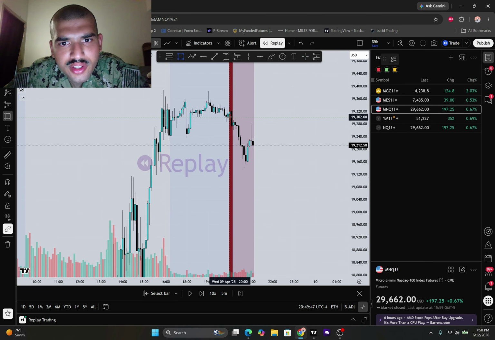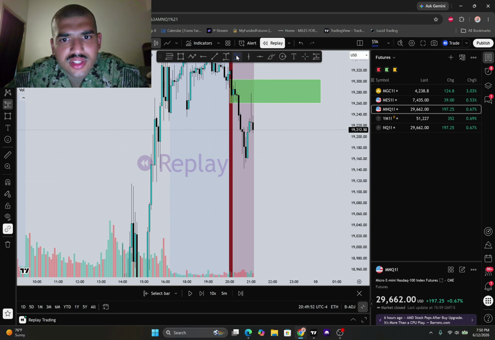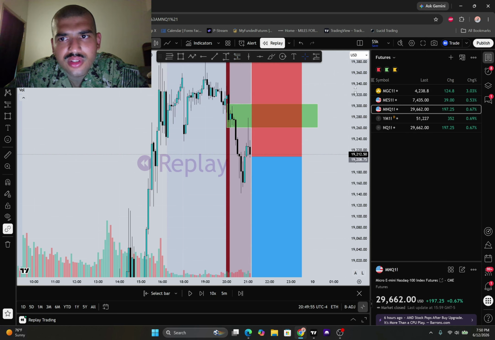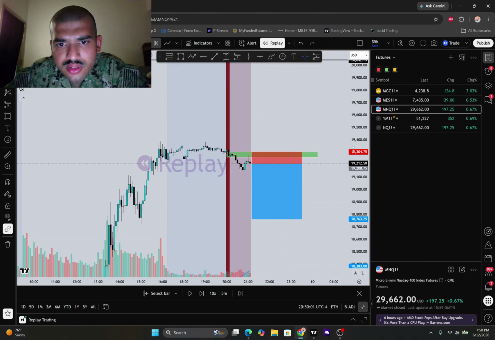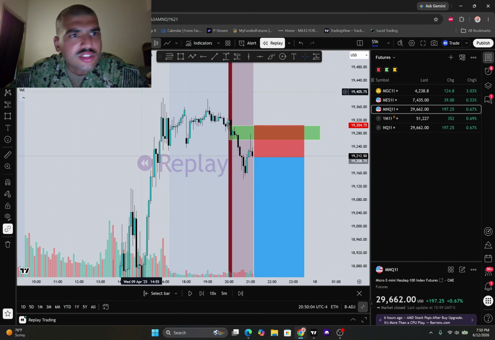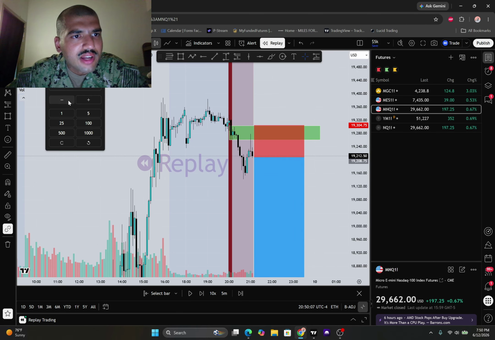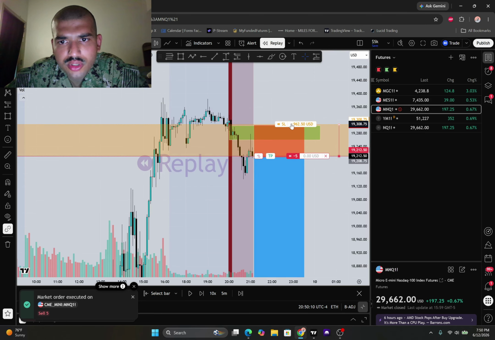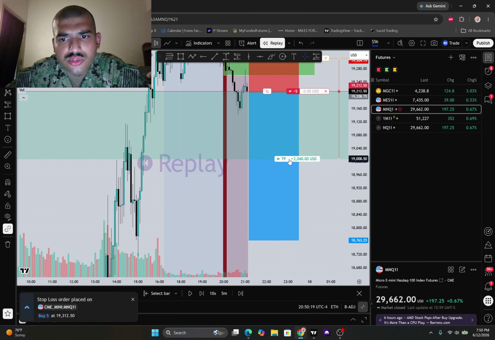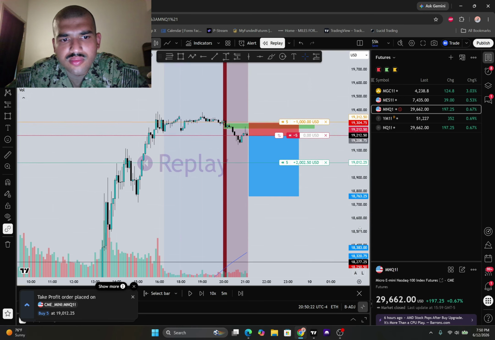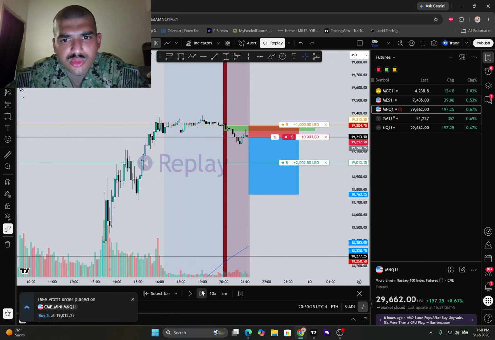We have an area of supply right here. Price came in and wicked it and then dropped, and we're looking, and it broke that candle. I would have got in right here. Stop loss right over there. And since my stop loss is a little smaller, I would get in for like 5 contracts right here for a sell. Stop loss right here for let's do $1,000 risk, and TP is gonna be 2,000 for a 1 to 2. And we're gonna be targeting, to fill in these gaps right here. That's what we're gonna be targeting mainly. So 350, solid.